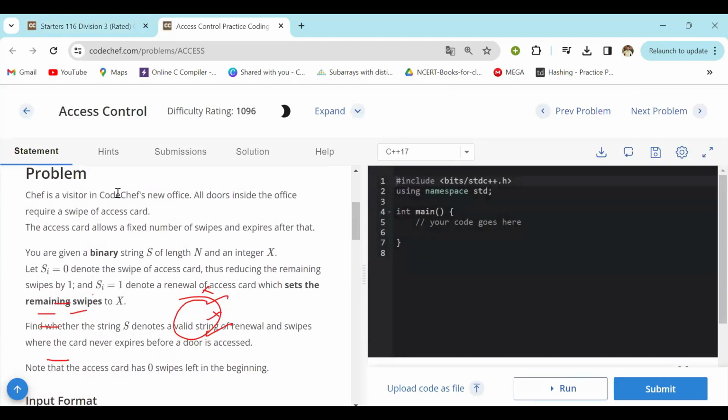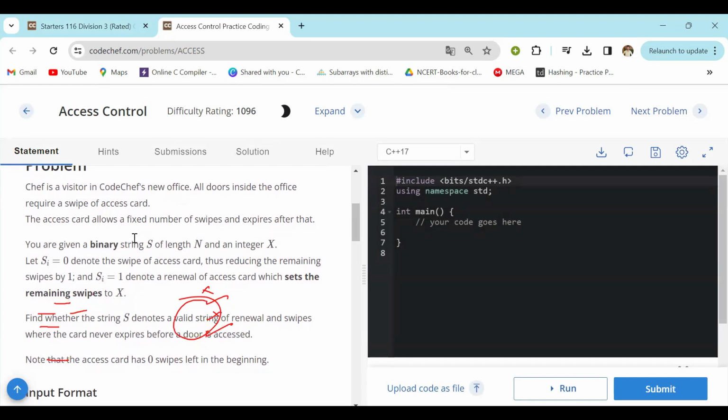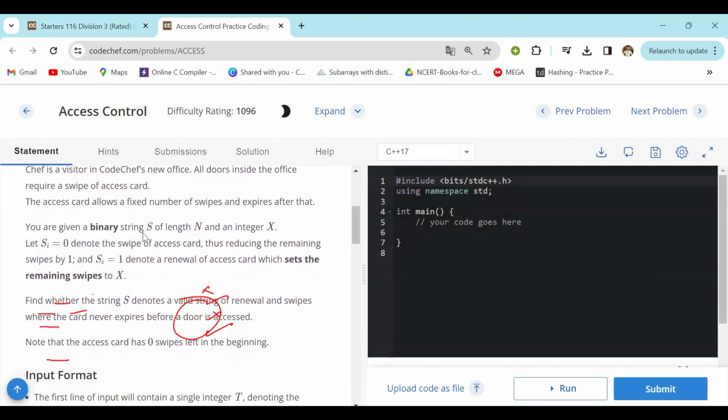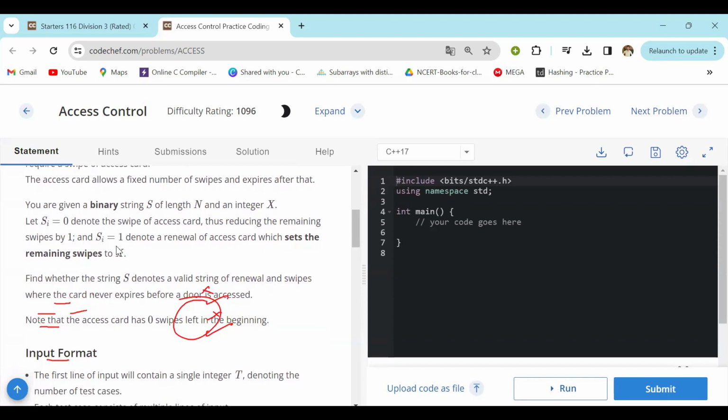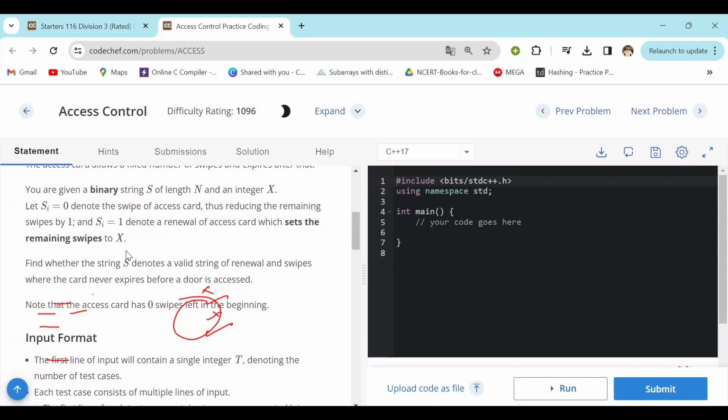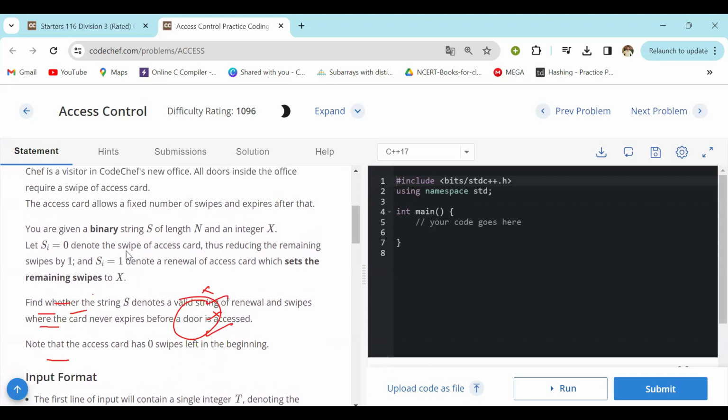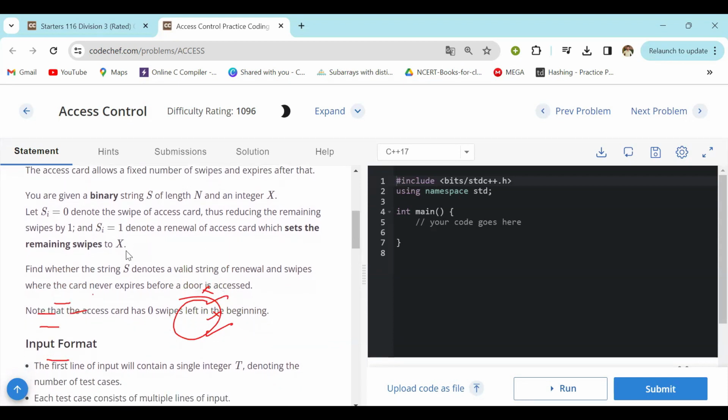Here the question says a visitor is in CodeChef's new office. All doors inside the office require a swipe. The access card allows a fixed number of swipes and expires after that. You're given a binary string s of length 10 and an integer x. Si denotes the swipe of the access card, then reducing the remaining swipes by one. We're going to renew the access card. Find whether the string s